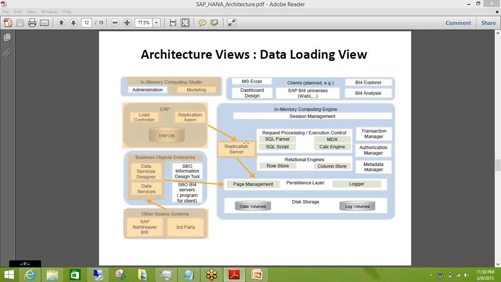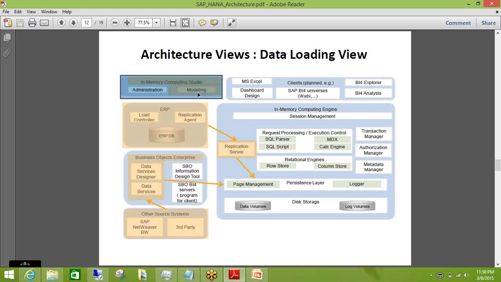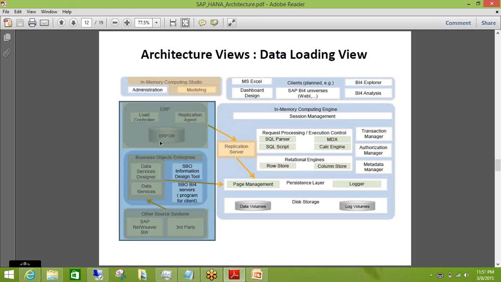So in this case, what all components are we using? We know 4 components are there. First we go to HANA Studio. Here we are using the modeling aspect because we are triggering a fire command. We are firing a request from HANA Studio for pulling the data. So basically this component of the HANA Studio is being used, modeling. Second is your data sources, which is quite obvious. You can have your ECC or BW or flat file system, which is correct here.